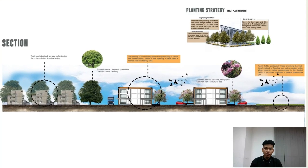For the section, I would like to show the front of the MSE area and residential area. As you can see, from the left the trees and at the back the residential area act as a buffer to stop noise pollution from the factory. And from the right, you can see a paddy field practicing the traditional method of flooding and acting as a